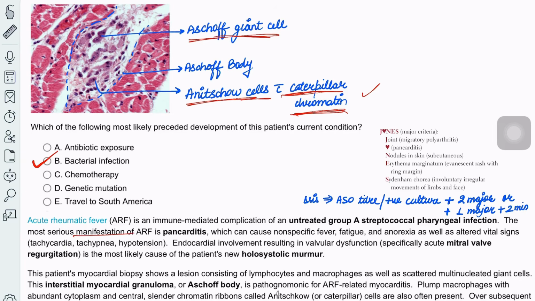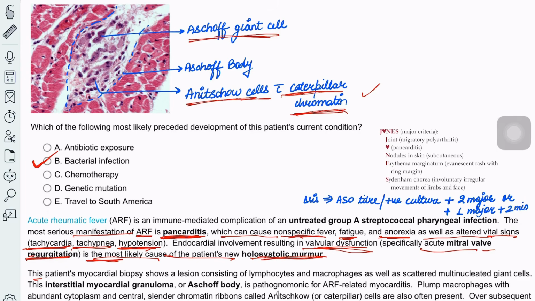The most serious manifestation of acute rheumatic fever is pancarditis, which can cause non-specific fever, fatigue and anorexia, as well as altered vital signs like tachycardia, tachypnea and hypotension. Endocardial involvement resulting in valvular dysfunction, especially acute mitral valve regurgitation, is the most likely cause of the patient's new